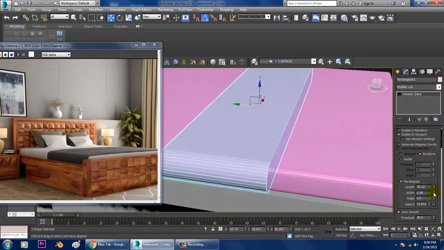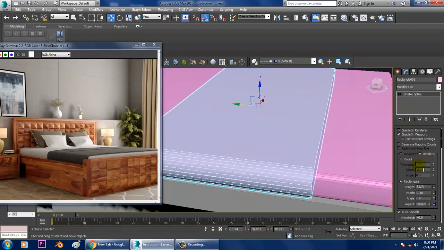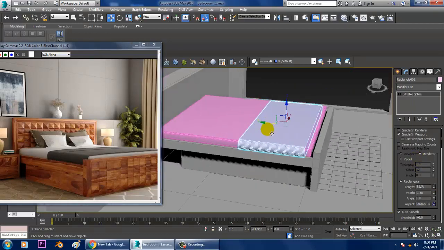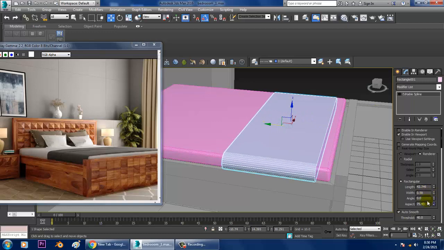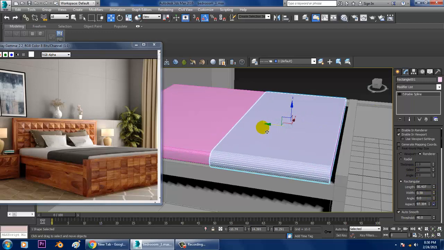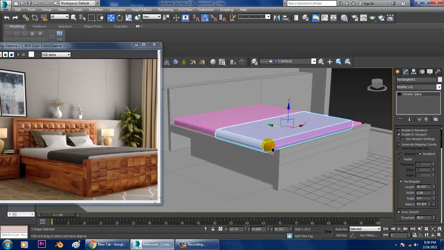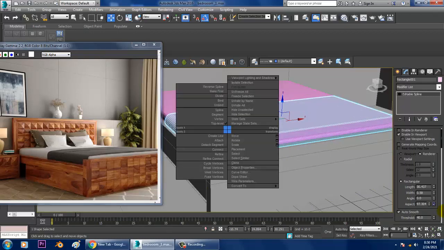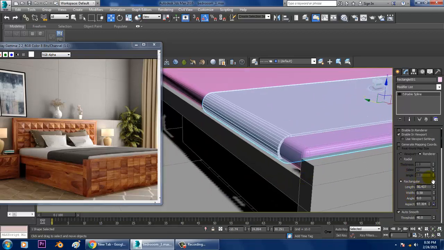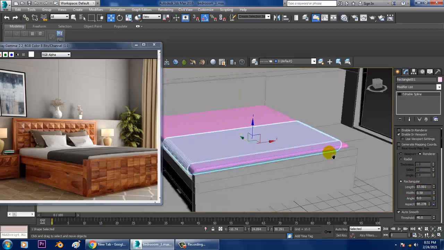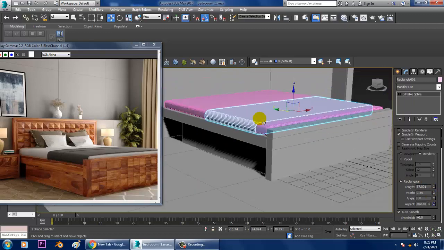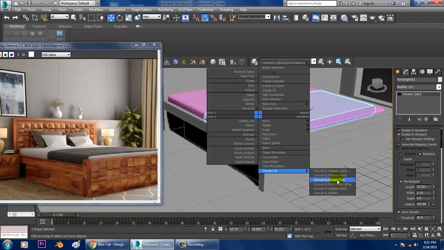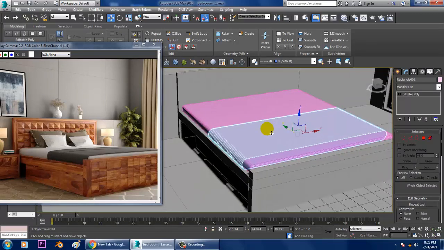So first I'll increase its length over here a bit. So we'll just keep this as one itself. We can reduce its width and just convert to editable poly, and definitely we'll edit it.